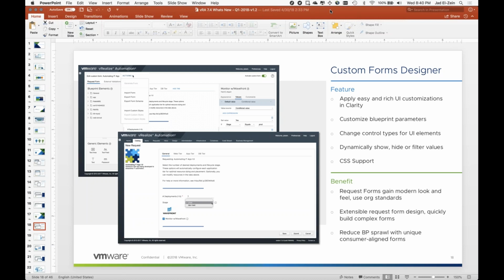vRealize 7.0, our 7.x platform, introduced a whole new way of building and creating and designing applications through the Converged Blueprint Designer, or the Unified Designer. So we can drag and drop and build these application topologies. But then when you go to consume it, it's back to the same old tiered, very boring .NET